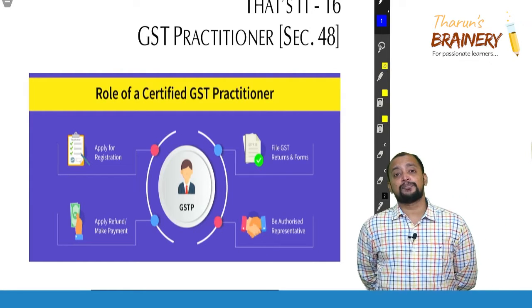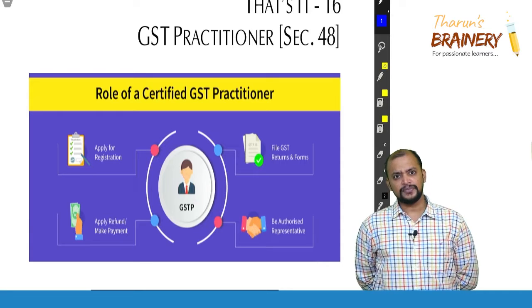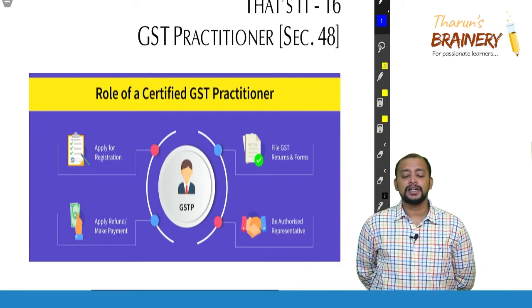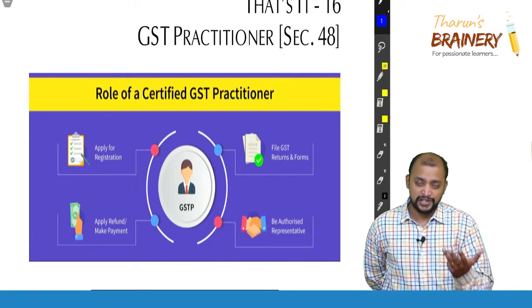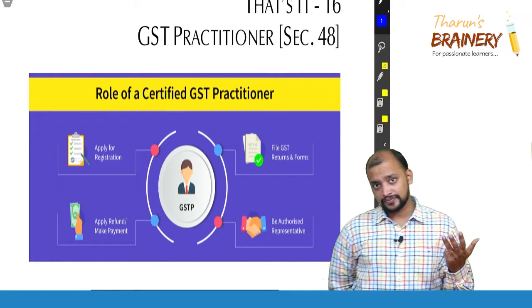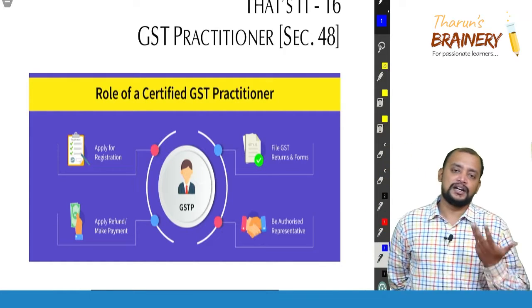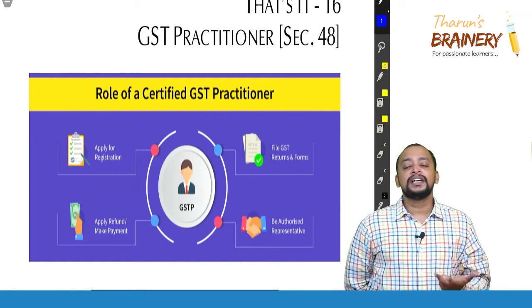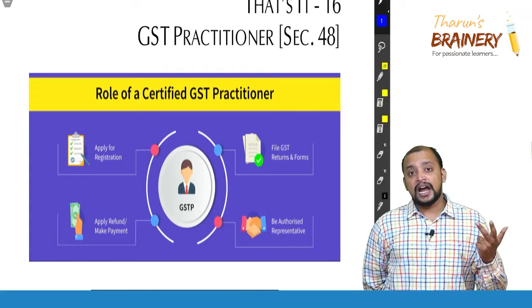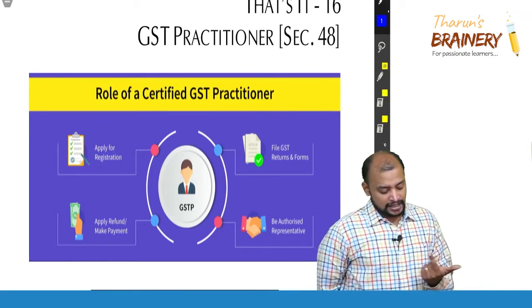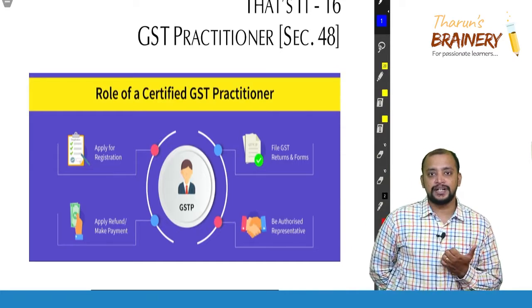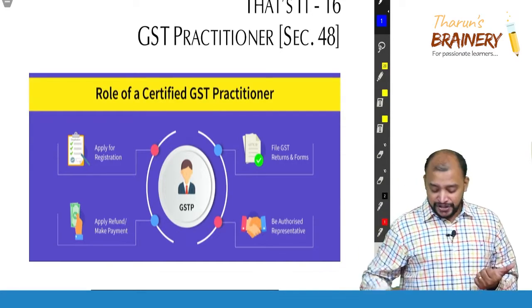Number one, he can apply for registration. He can file GST returns. First, he can apply for GST registration, that is enrollment, like a registration application he can file. He can file the returns, make the payment of taxes and apply for refund, and he can act as an authorized representative. Apart from these four activities,